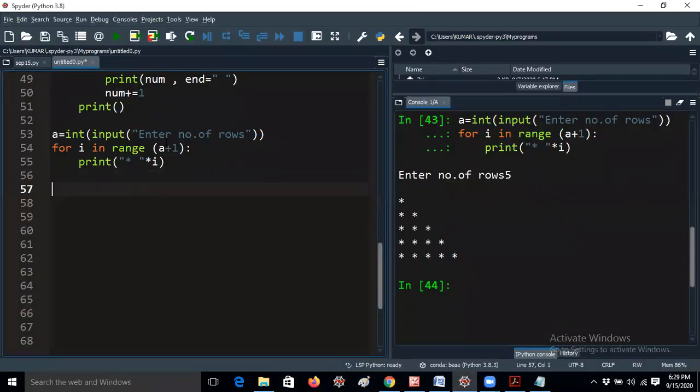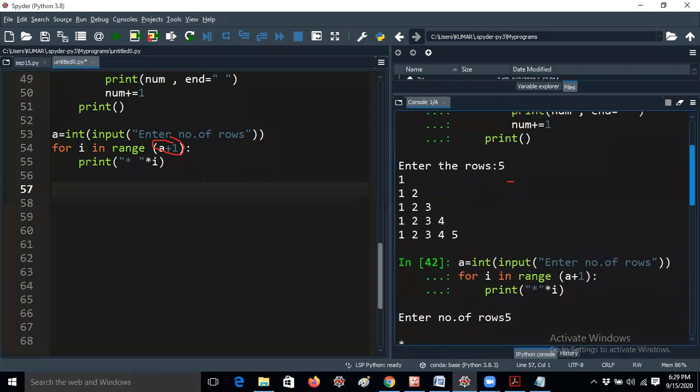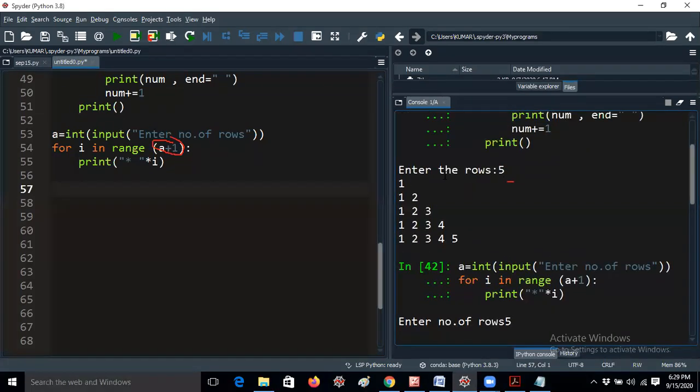Listen, guys, I will also tell you how it will work. One minute, let me take drawings first. Here he is taking 5. He is directly taking 5 plus 1, which means 6. You know this already, right? Whenever I run this program, for example, if I enter the number of rows as 5, Vishnu, I will tell you the drawback of your program. Just listen carefully. If I give 5, I am getting 5 rows only. You can see here.